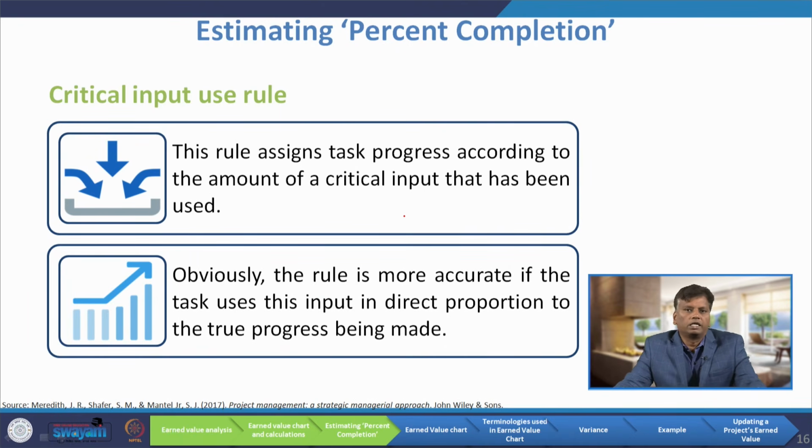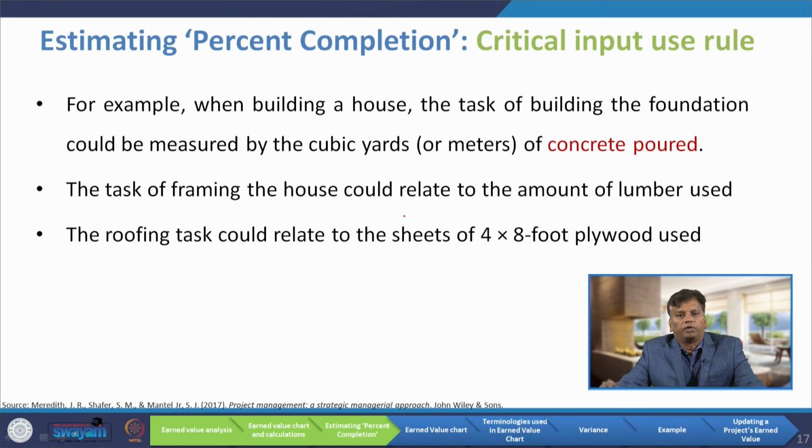The next one is the critical input use rule. This rule assigns task progress according to the amount of critical input that has been used. Suppose the critical input amount used is more, it means a greater quantum of work is completed. So, obviously the rule is more accurate if the task uses this input in direct proportion to the true progress being made. For example, when building a house, the task of building the foundation could be measured by the cubic